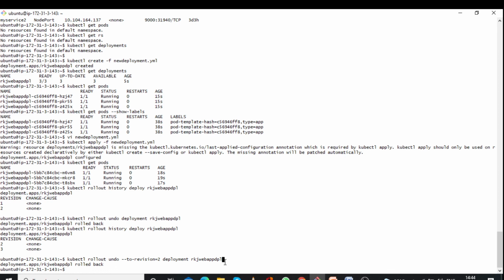Otherwise if you want to just undo, same as Control Z, when we do Control Z to go to the previous thing, for that you will have to execute the command kubectl rollout undo deployment, then your deployment name.